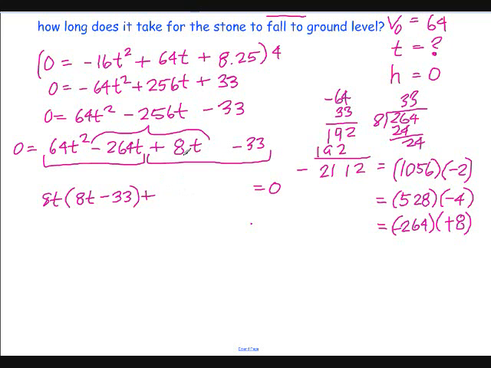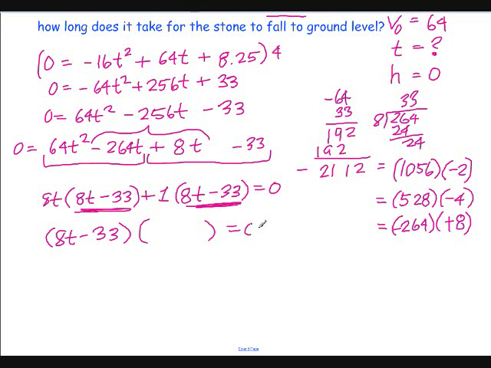Plus, what can I factor out of these two? Just a 1. So I've got 8t minus 33. Oh, this is where algebra, it all comes together for us. This is great. So I have a common binomial here, which I can factor out. Let's do that. 8t minus 33 times, what's left behind after I factor that out of there? That's right, 8t